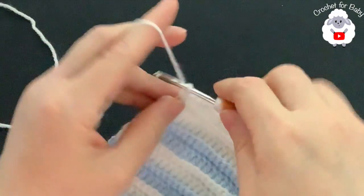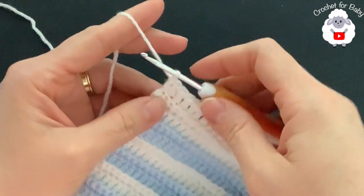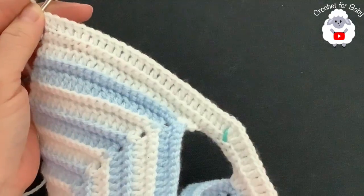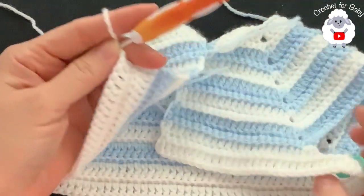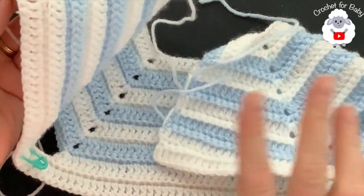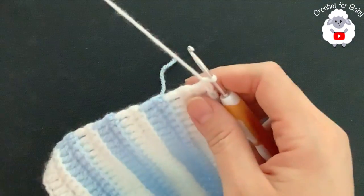I'm here at the end of the third row. Right into the last single crochet through both loops, make your last double crochet. And this is how I finished this third row. At the end of this row, you should have a total of 110 double crochets. In this row, we increased 2 stitches under each one of the sleeves, so that's an extra 4 stitches at the end of this row. So you should have 110